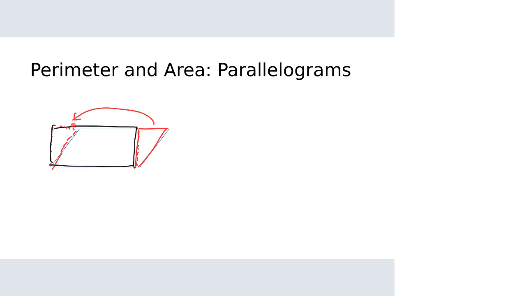And so this parallelogram has some similarities with a rectangle because I can chop off that triangle and make it into a rectangle. The thing is, when I look at the rectangle that I just created, if I were to chop that triangle off and move it over, I make this rectangle over here, right? Well,